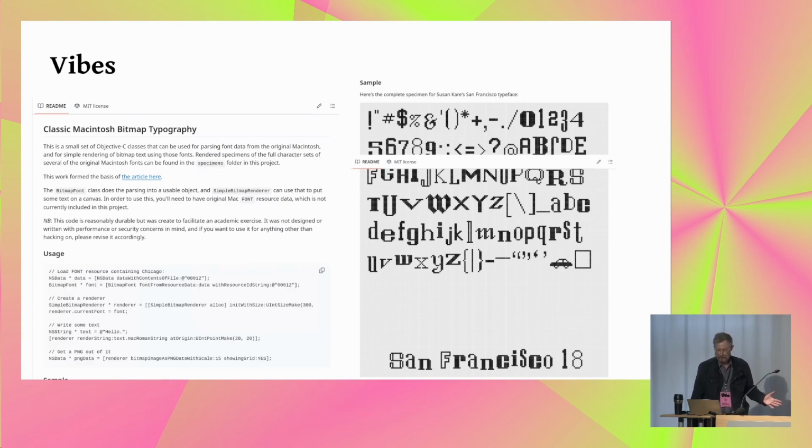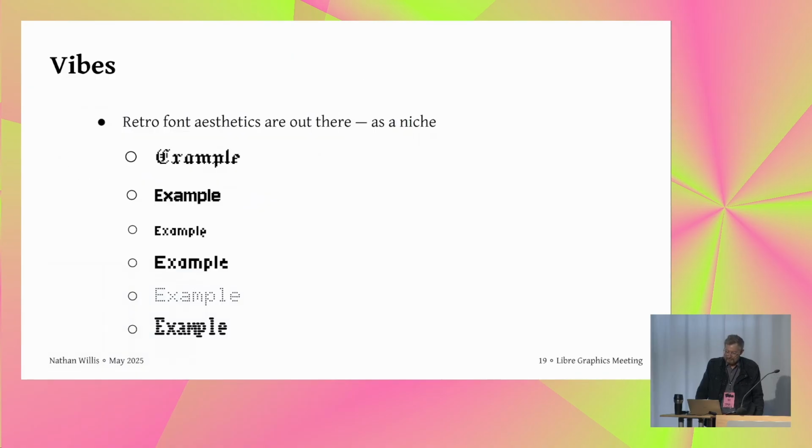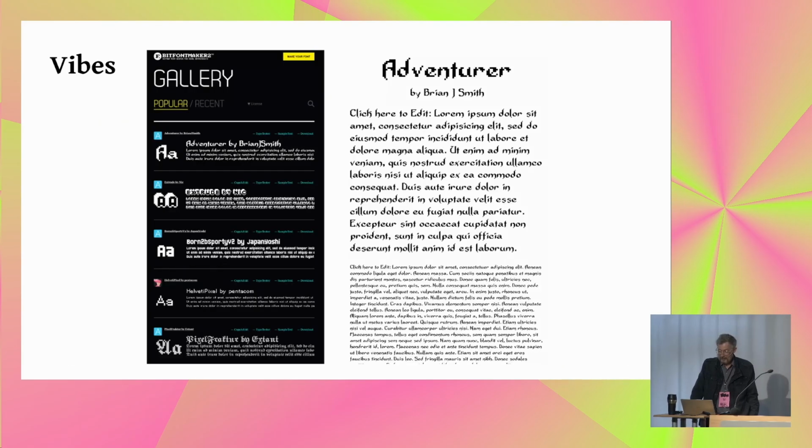Maybe not in San Francisco in particular, but people just put this stuff up on GitHub, right? And I don't know that I'm 1,000% convinced that they've done provenance, that they have the right to distribute that, but it's there, so people are going to find it. There are people who make new bitmappy looking things. These are all on Google Fonts right now. So clearly there's a niche for doing those designs. There are also people creating new bitmap font projects on GitHub. I counted about 15.